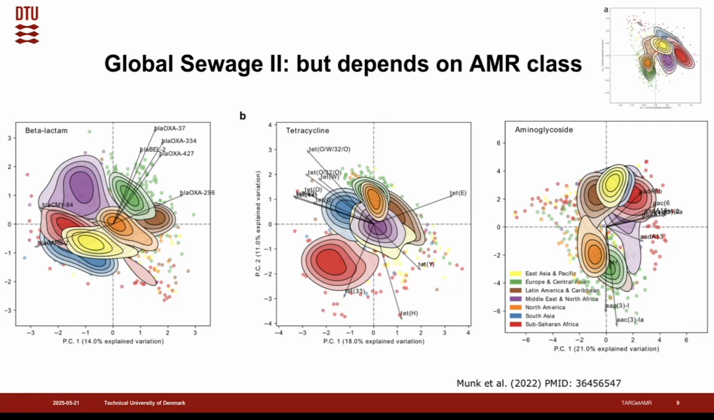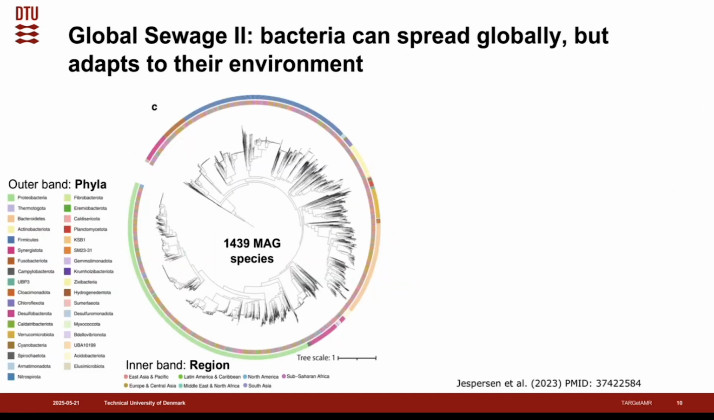So here it definitely suggests that there is a regionality that drives the differences in resistant genes in sewage samples. But there's also another PhD student that looked into the bacterial composition in sewage. So she did metagenomic genome assemblies. She recovered 1,400 MAGs, and she saw that, according to this